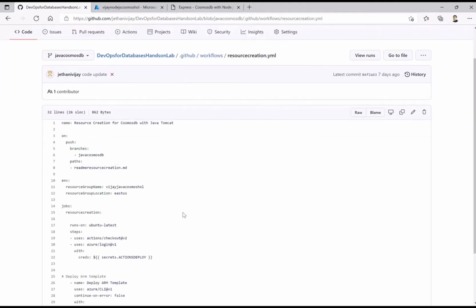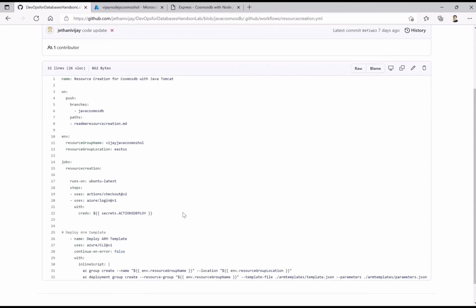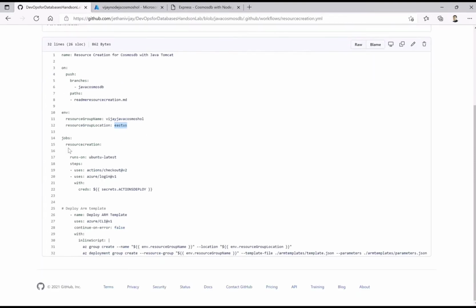So resource creation, again, if you remember the GitHub Action workflow syntax, name and the trigger, that means on what it should get triggered, I have mentioned a specific branch, and the path through which it can trigger is the resource creation file. Okay, and the environment variables here are very specific on what I want to do on Java and Cosmos, using that specific location. Now the job name here is resource creation. I want to make sure that this runs on an Ubuntu machine, and this code should be checked out to that particular machine so that I can use this as an automation engine, right?